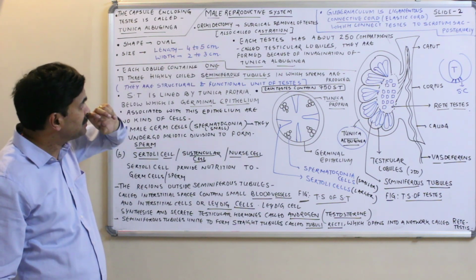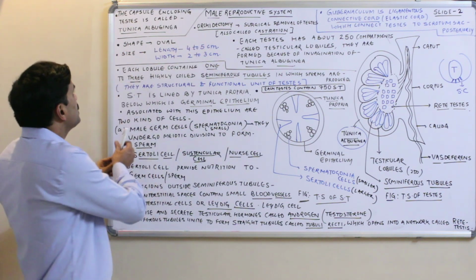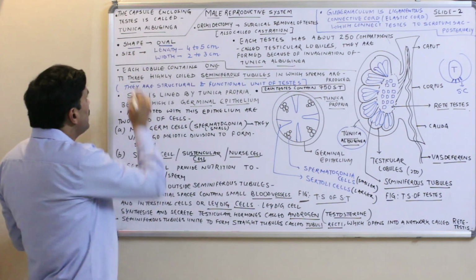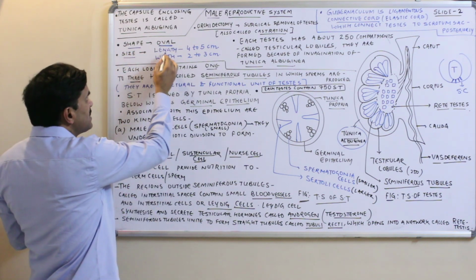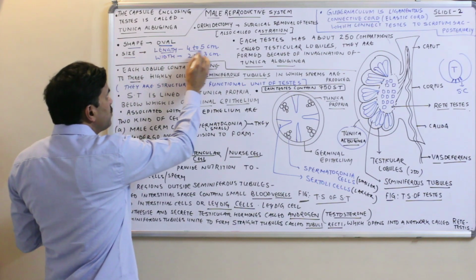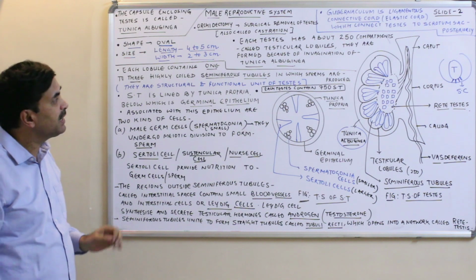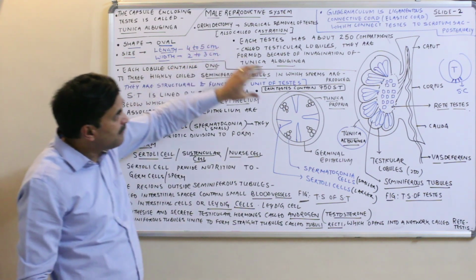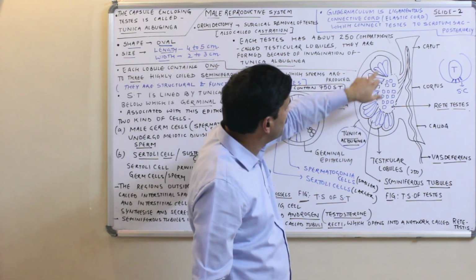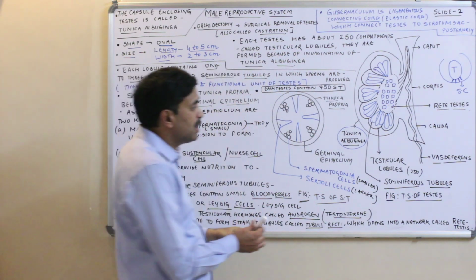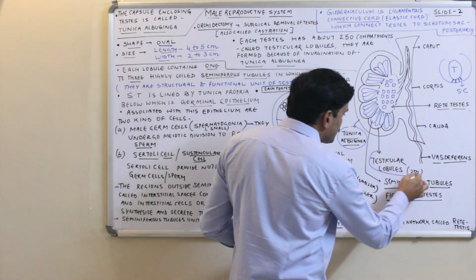Now if I talk about the shape, the shape of the testes is oval, and the size of each testis is 4 to 5 centimeter in length and 2 to 3 centimeter in width. Now if I see the internal structure of the testes, then each testis has about 250